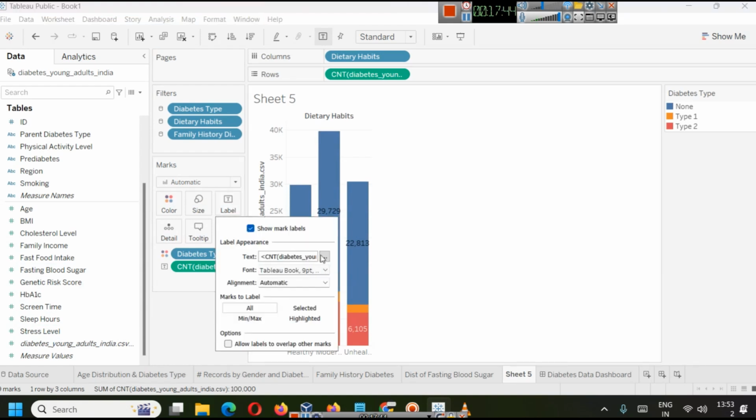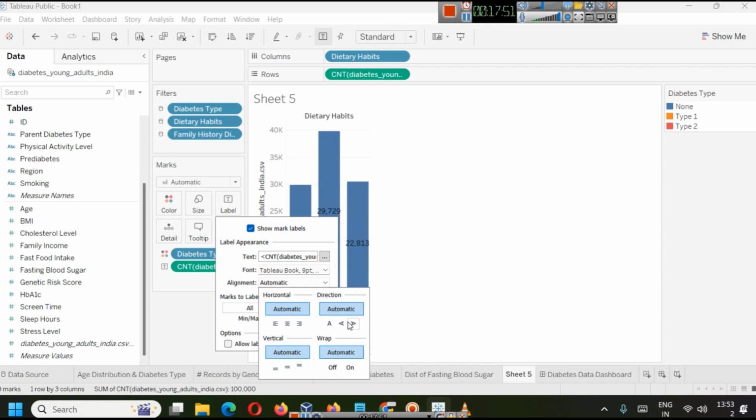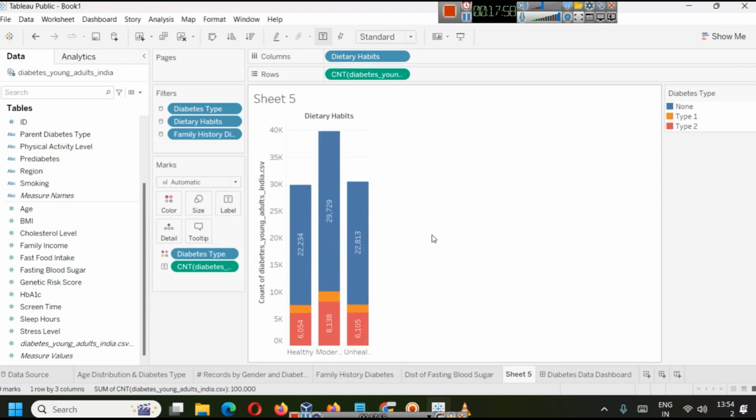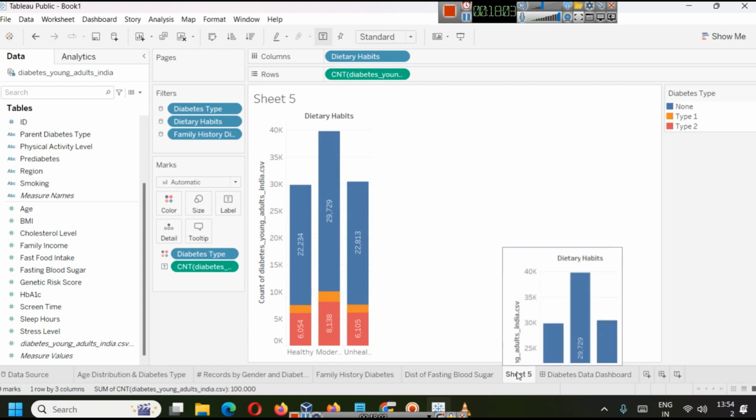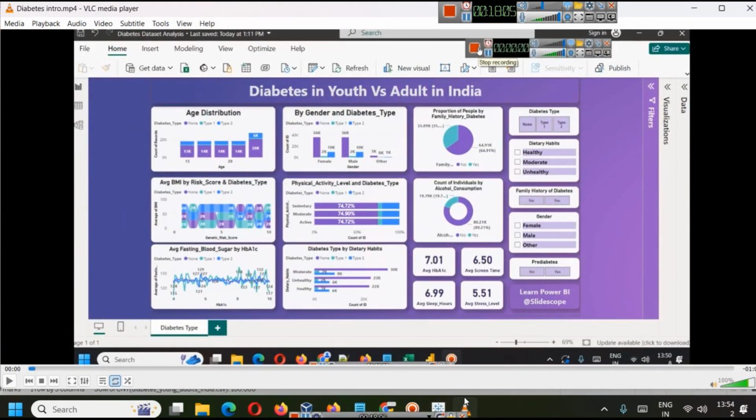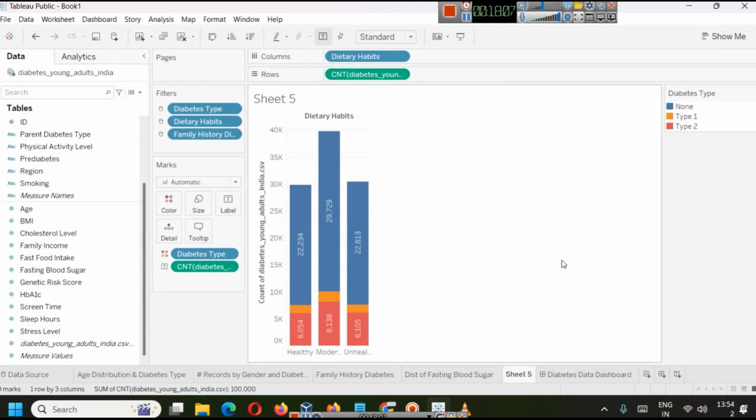And in label you can see alignments etc is given here. So if you want to change this, you can select it, and let's say you want to represent the number in a vertical way like this, right? So you can also represent it like this, gives a better readability. And this chart is simply diabetes type by dietary habits, or we can say diabetes type and dietary habits,